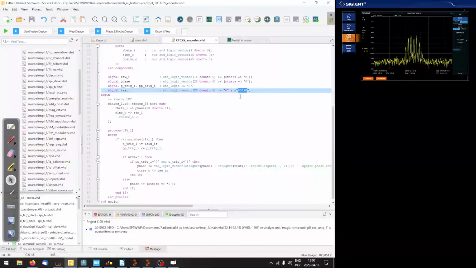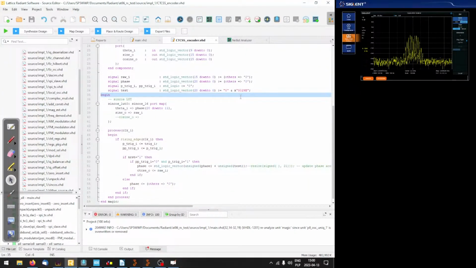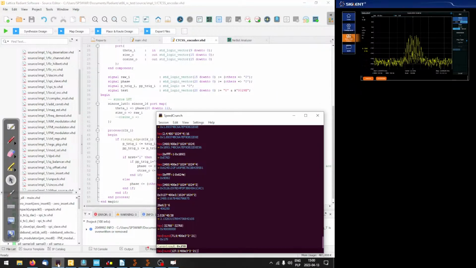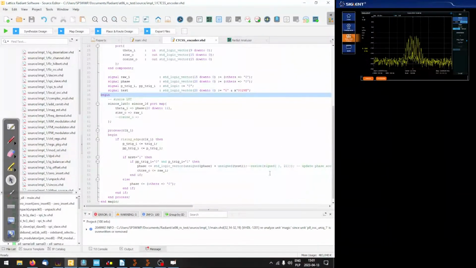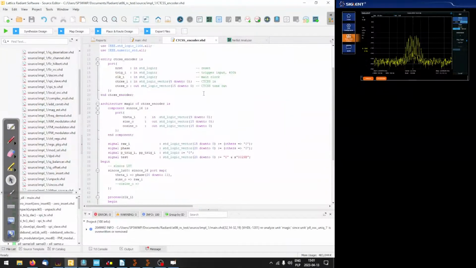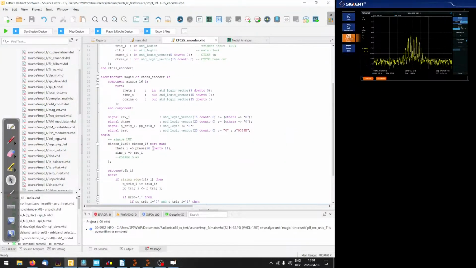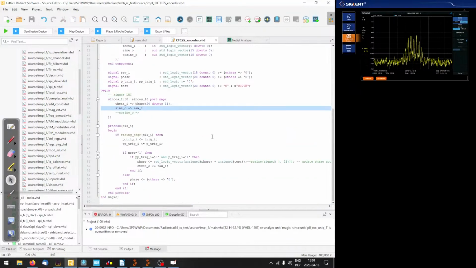So now we add the test value. So that's the tuning word for 127.3 hertz CTCSS tone. And that value is going to be added over and over again to the phase accumulator, and the 10 most significant bits are going to be used for the theta, for the lookup table. So let's now go back to the main VHD and the netlist analyzer and actually connect this block